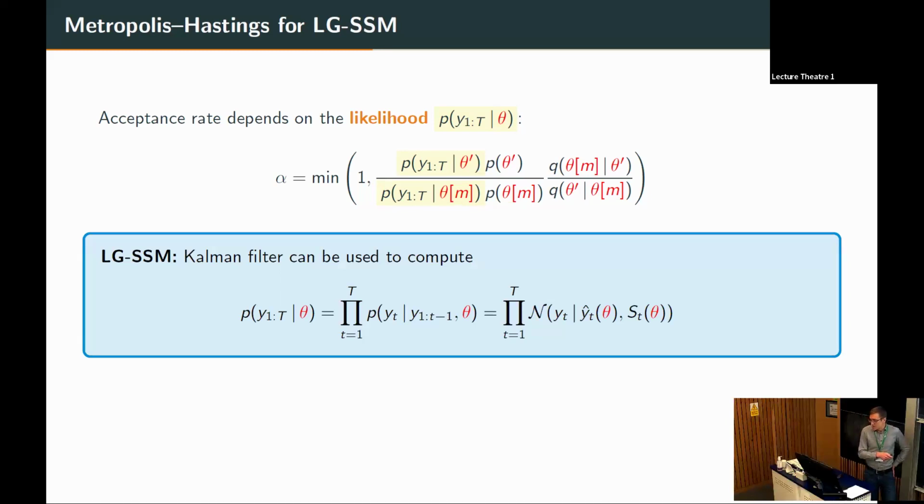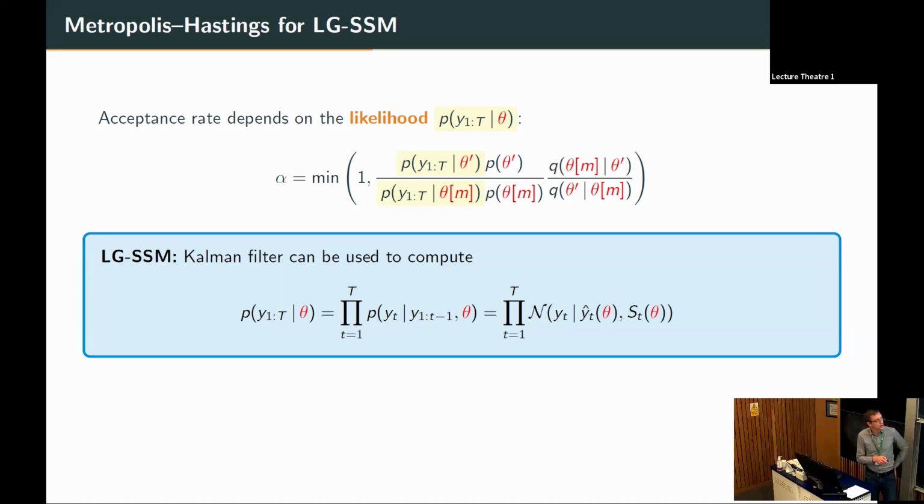And in order to compute this, we need to marginalize out the states, the x's in the model. This is something that we can do in some special cases. For instance, in the linear Gaussian state space model, we can run a Kalman filter. The Kalman filter computes, as part of the time and measurement updates, this